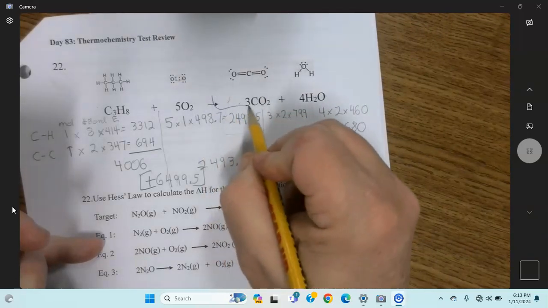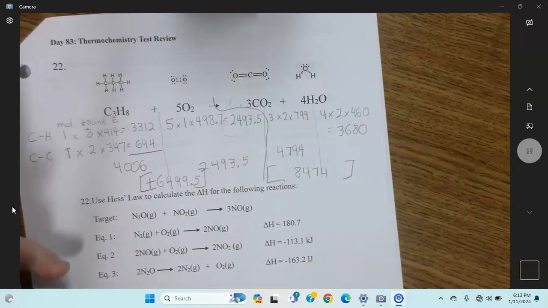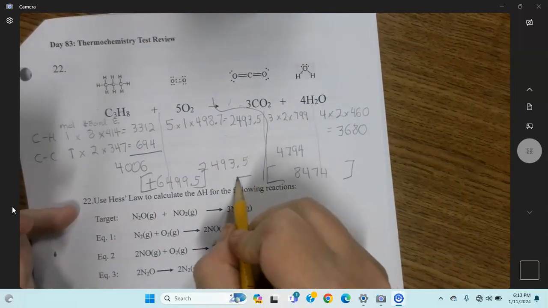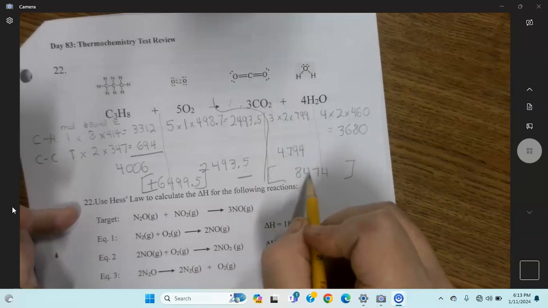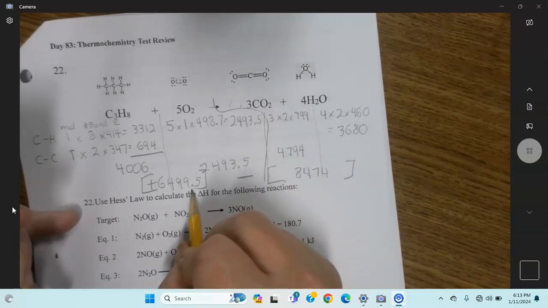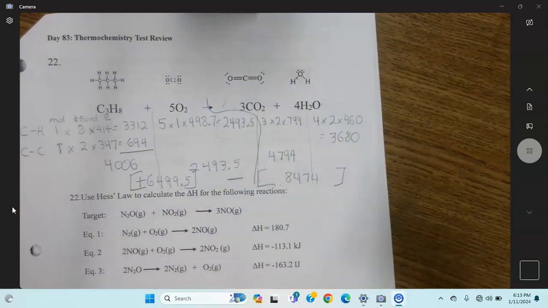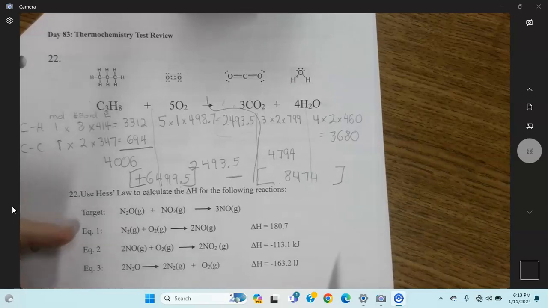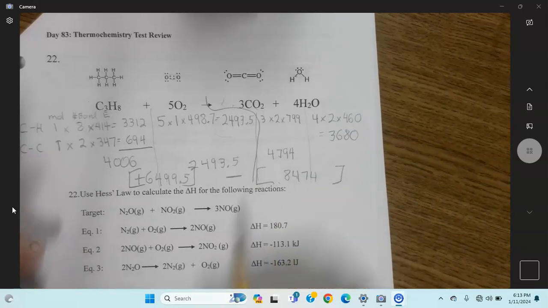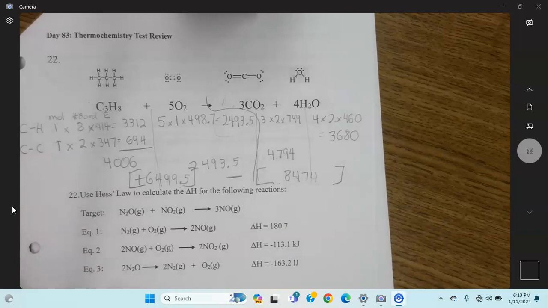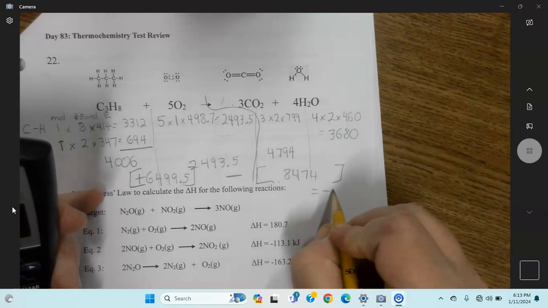So this is really where the arrow is. I'm kind of having to draw it because I ran out of space. So you subtract these 2. This is energy out. Okay, energy in to break the bonds apart, and then when they get put back together in products, they want to go to lower energy. That's why they do it. They're more comfortable. They're comfy at lower energy. So this is going to be negative. Okay, so it's going to be 6499.5 minus 8474, and that's going to equal negative